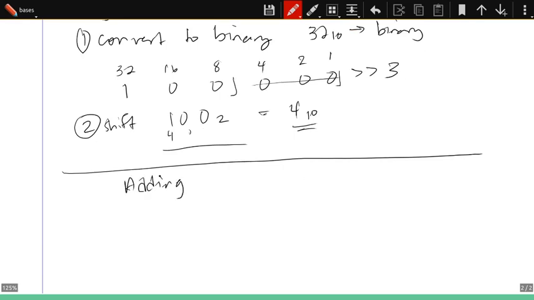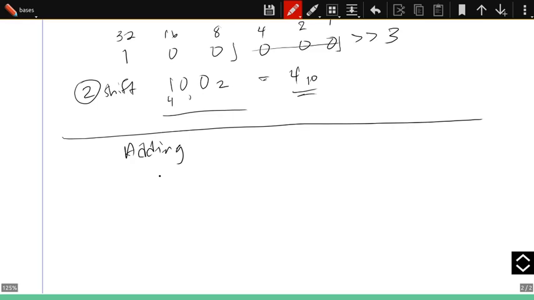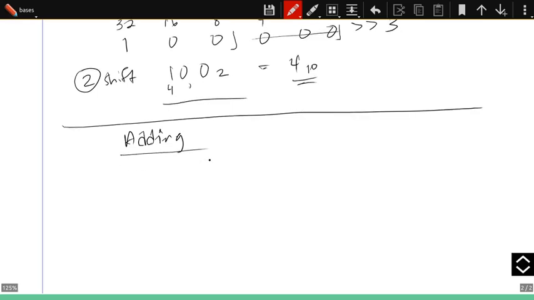Adding. We're only going to worry about adding binary numbers. We're not going to worry about decimals or anything else or other bases. We're only going to look at adding binary numbers to get a sense of how we do it. So first let's look at an example with decimal. With decimal numbers, we have, for example, if we had